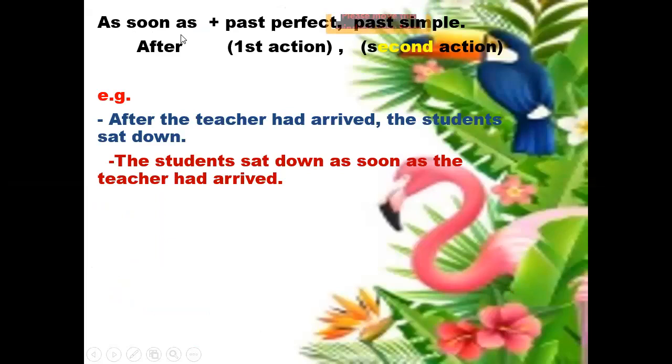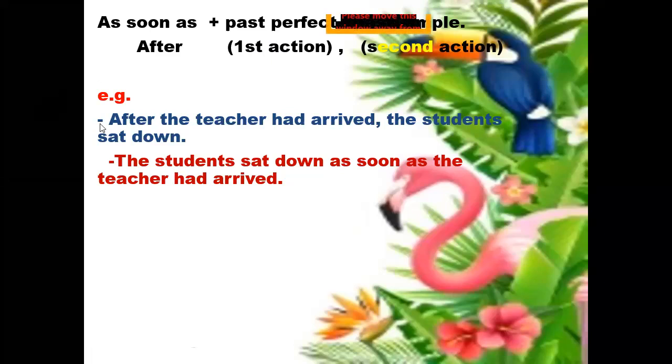How can we order them? Where can I put the first action and the second action? With as soon as and after, we can use the first action immediately after as soon as and after, and the second action will be in the second sentence. If I put as soon as or after in the middle, I will use the first action after it. So as soon as and after must be followed by the first action, which happened before the second action,